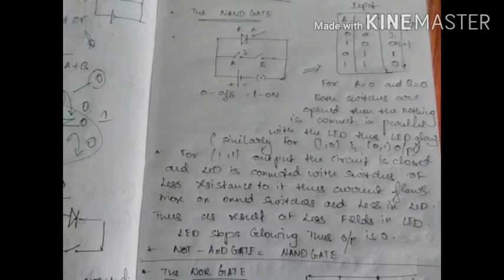So guys, for 0 0 input, 1 0 input and 0 1 input, the outputs are respectively 1, because the second wire which is connected in parallel with the LED is not completely closed. Thus when 1 1 input is provided to the circuit, the second wire is completely connected in parallel to the LED, and thus the LED has low resistance connected in parallel to it. Thus more current flows through the low resistance path instead of the LED, and thus you can see that the LED stops glowing. Thus, this is the working of the NAND gate circuit.